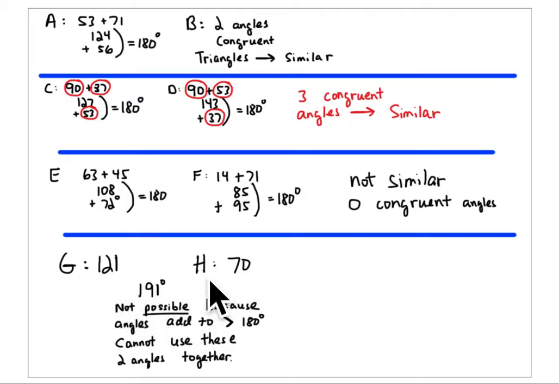And the last one, they give you a measure of 121 degrees and a measure of 70 degrees. Well, to have similar figures, all 3 angles have to be congruent. So that means that you would have to have 121 degrees, 70 degrees, and some third angle. And in this case, you'd have to have 70 degrees, 121 degrees, and a third angle. Well, 121 plus 70 degrees equals 191 degrees. So it's not possible. You're already past that 180 degrees. So G and H cannot be similar